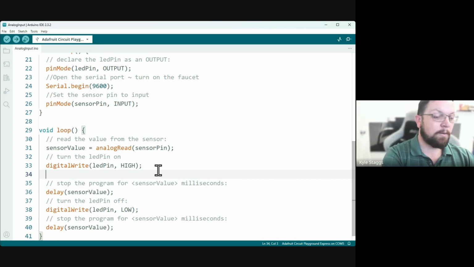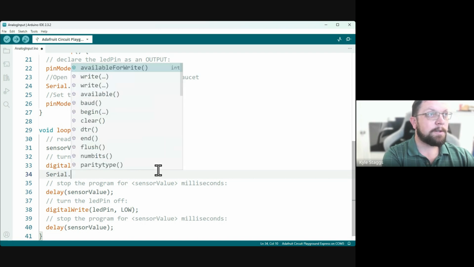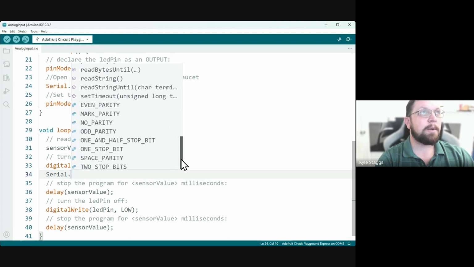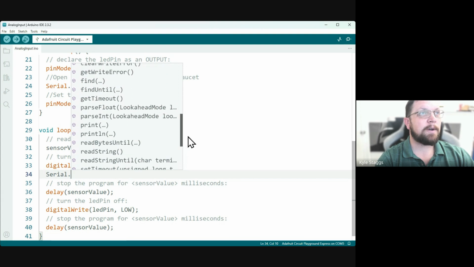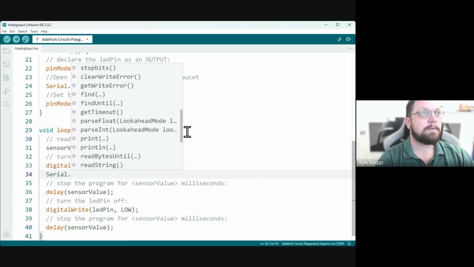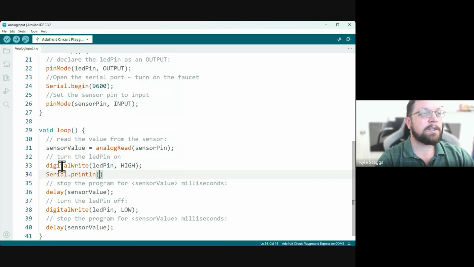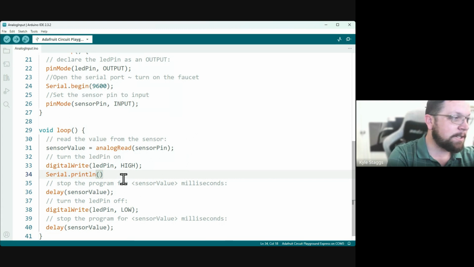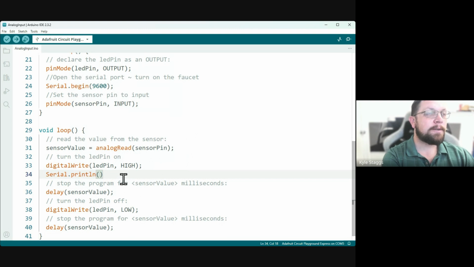So we'll start here, serial dot, and then you'll have all of these suggestions to pick from. Again, the fact that you guys have all of these suggestions is utterly silly, but they've made this so much easier on you. The days of having to manually type things are almost as far gone as the days of having to do programming on punch cards in sequences. Crazy talk. So serial print line, we want to print